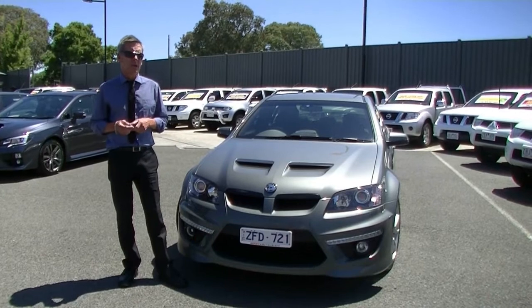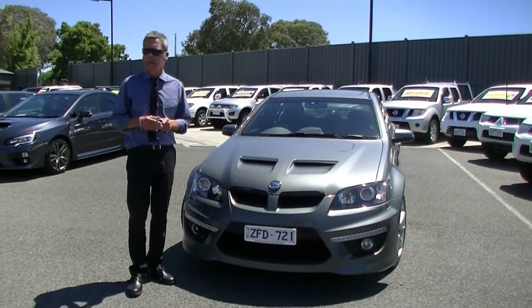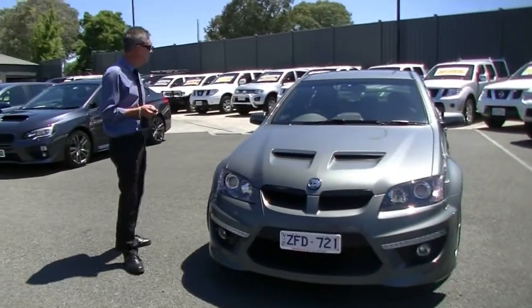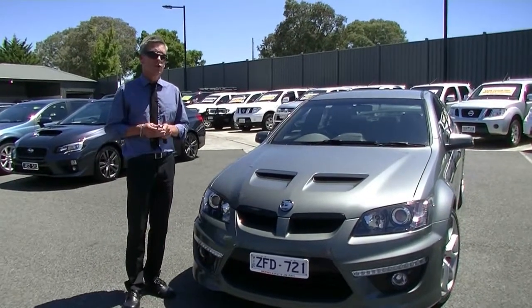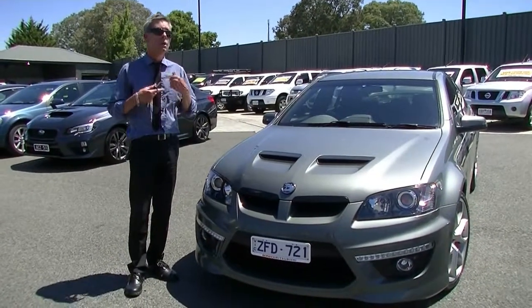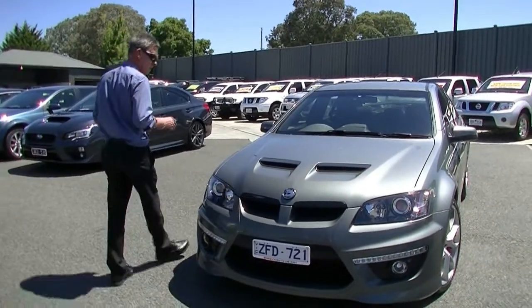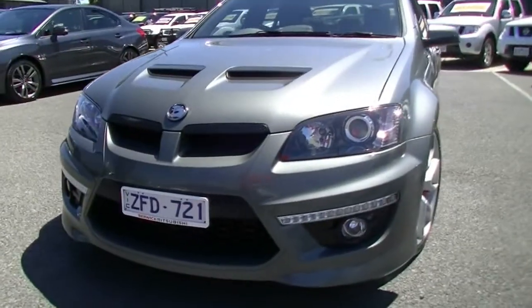My name's Mark McGregor and today I'm going to take you for a walk around a car that I'm genuinely excited about. 2012 HSV Clubsport, and this car's only done 24,000 kilometres. Had the pleasure of driving this car last night just to ensure that it's as good as what we were told it is. Starting off at the front of the car, as you can see, finished in metallic grey,